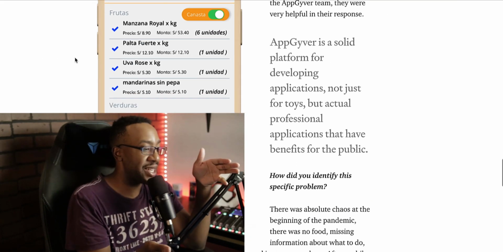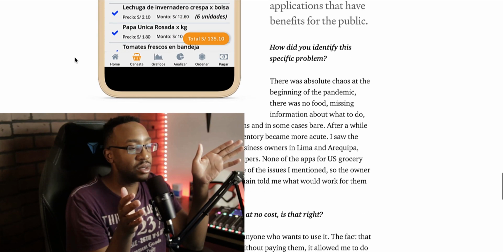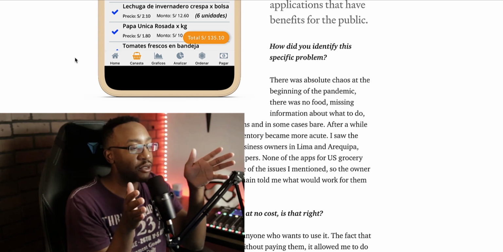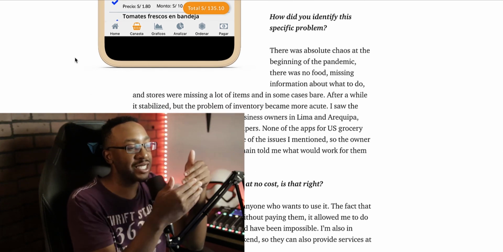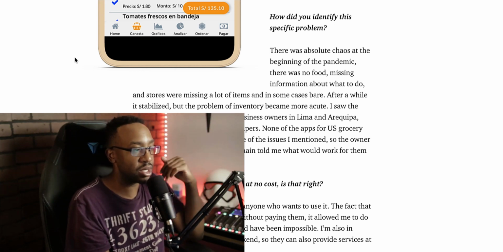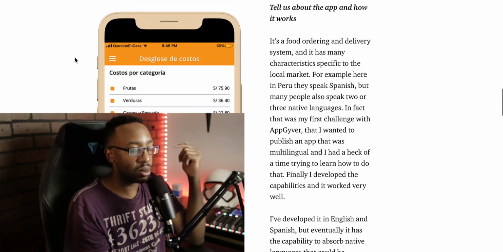But again, this is a great example of what you could expand out to. This is a great example of what AppGyver could be used for. This is a great example of how AppGyver can expand your project, make sure that you're reaching the goals that you're having. But again, I would do this incrementally based on your goals.